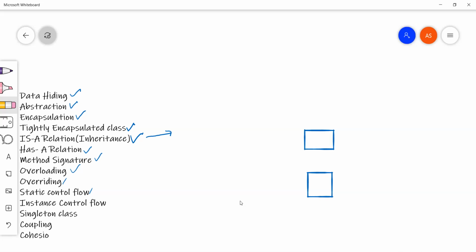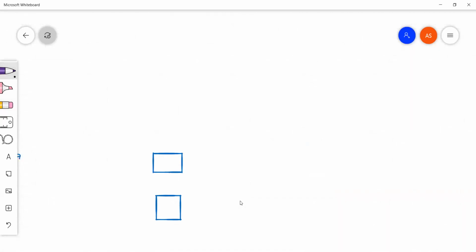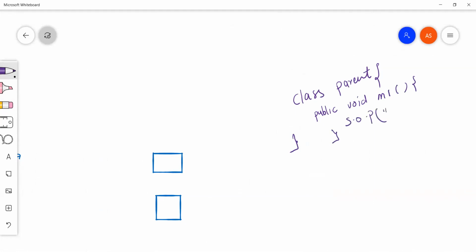For example, we have a class, let's say we take the class name as Parent. In this class, we have a method, public void m1, and I'm printing System.out.println "m1 from parent".